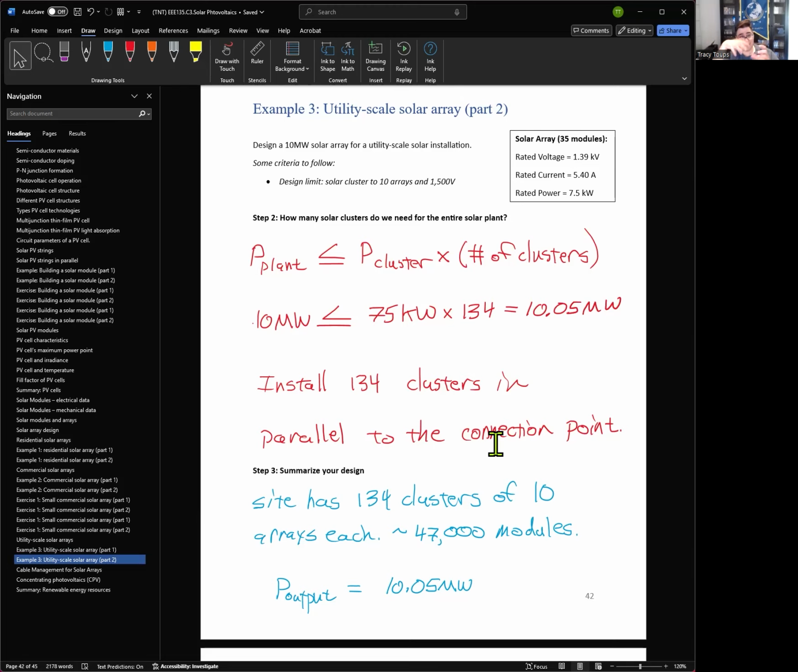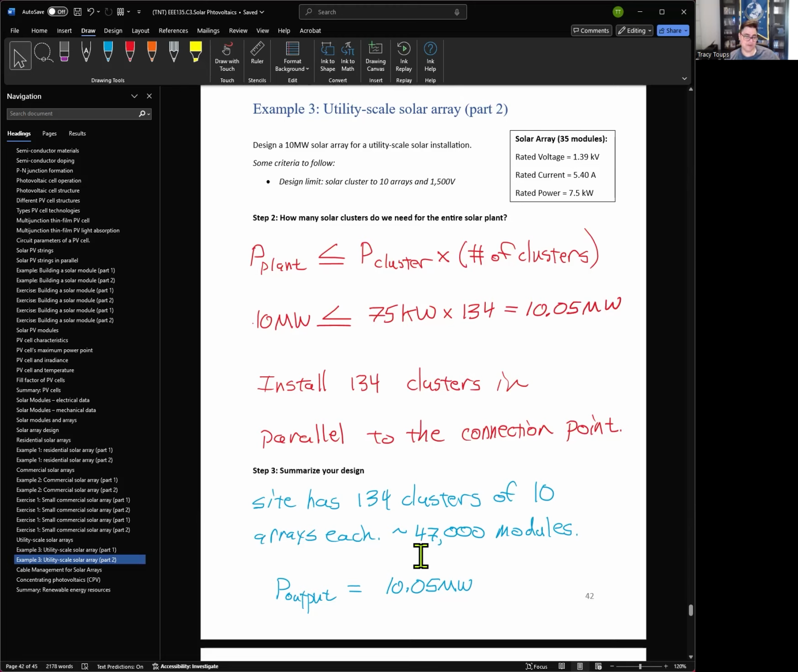Okay, so again, we like building blocks. So 134 is a lot, but we parallel them all together, and then eventually with a lot of wiring, a lot of nodes of connection, we'll get to the main transformer at the substation. Sorry, somewhere we have to convert DC to AC, give it to the step-up transformer, and it goes to the transmission grid. Okay. So to summarize your design: the site has 134 clusters with 10 arrays each, which is equivalent to